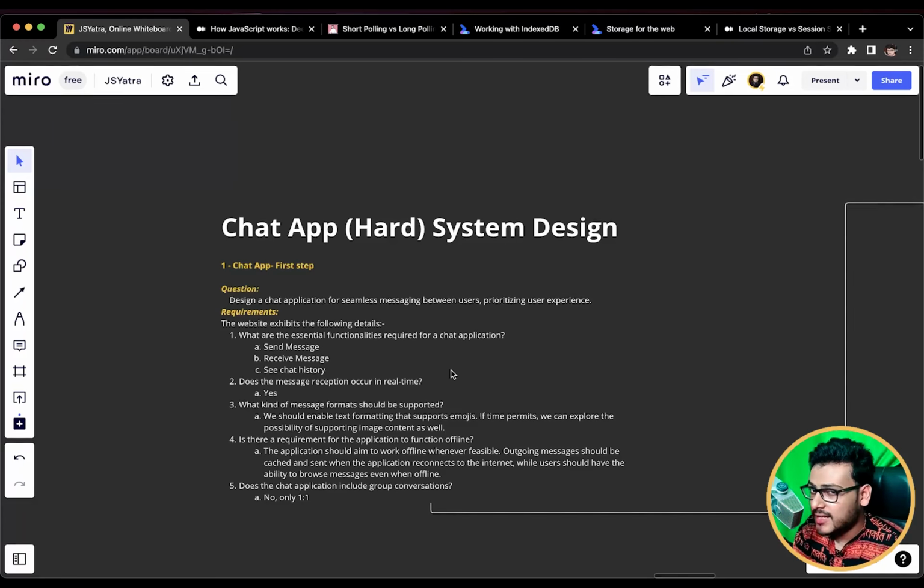The only differentiators were the client-side database, the WebSockets, and the database schema structures, but the rest of the optimization techniques remain the same. And this is what I wanted for you: that you learn one concept in a particular question, and then you are capable of applying that concept across various system design questions. This is what I aimed for in this JS Yatra course.